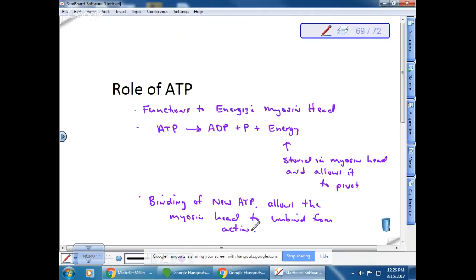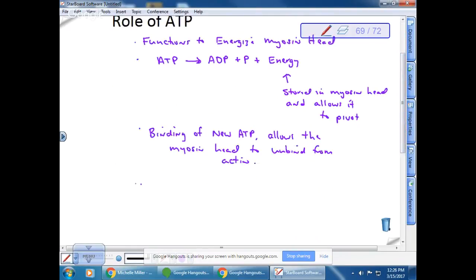Okay. So it's really important that ATP is present, otherwise the muscles stay contracted. And this is really the basis for what happens when you die. You can go into what is called rigor mortis. This is a sustained skeletal muscle contraction after death, right? So rigor is contraction of the skeletal muscle after death. And what happens is that you run out of ATP. So ATP runs out